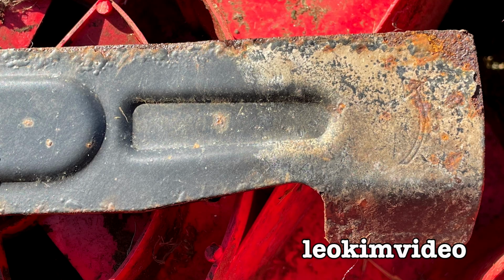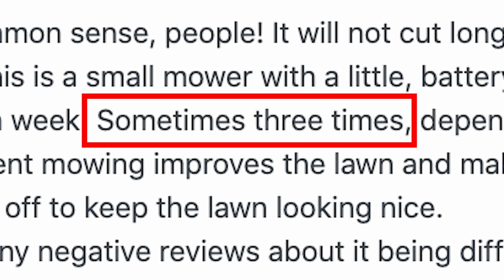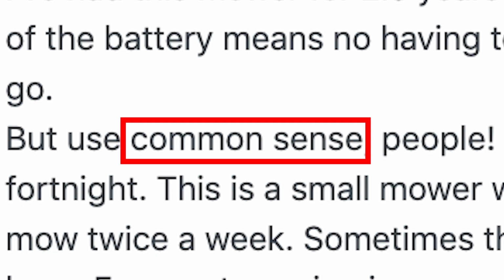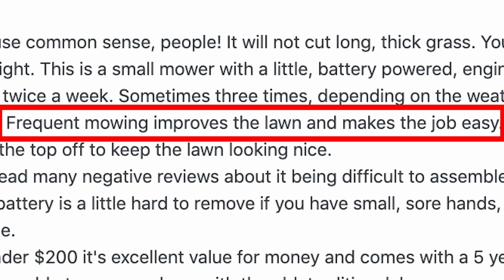And as I learned from investigating the product review website, a Karen from Queensland loved this little mower because she was able to mow her lawns during summer times at least 3 times a week. That is her couch lawn at least 3 times a week. And Karen said to us we had to use our common sense whenever purchasing these types of consumer goods. All I can say is thank God for the Karens of the world, and we'll go back to what's not